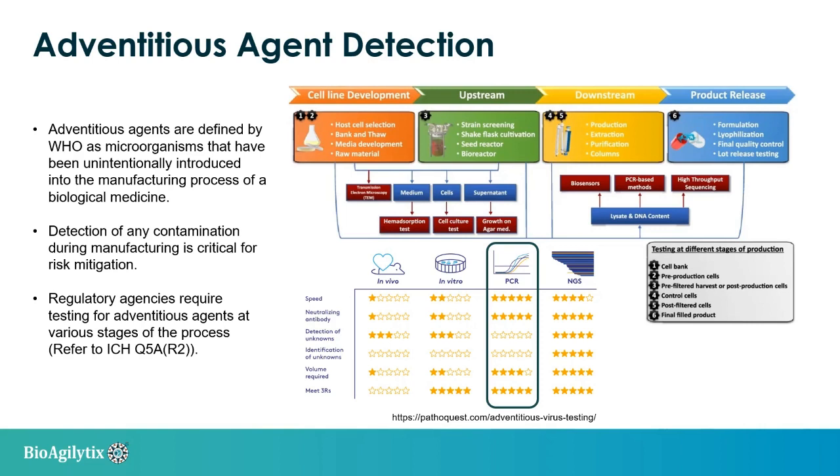Molecular assays, PCR-based or next-generation sequencer-based, target DNA sequence, and the DNA will be extracted from the sample prior to testing. Therefore, these assays typically are not sensitive to the toxicity from the biologics to be tested. And also, these methods tend to consume a lot less of the precious product. So these methods work together at the different stages of production, providing a comprehensive strategy for adventitious agent